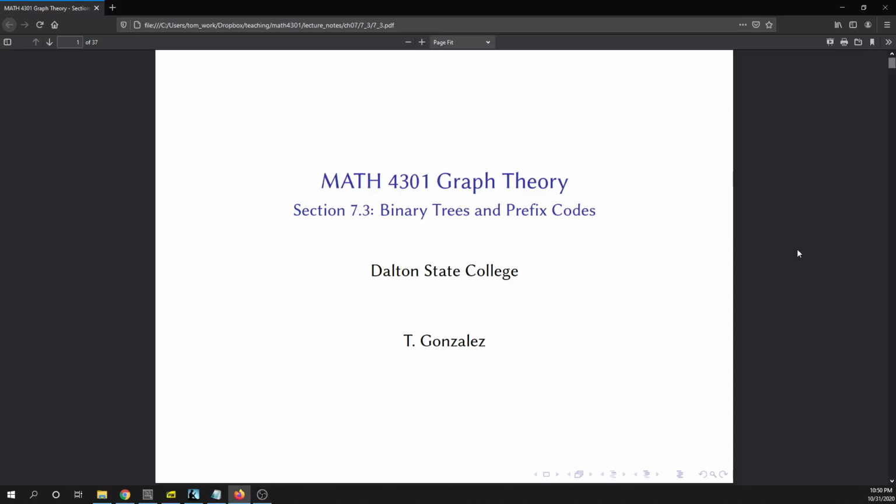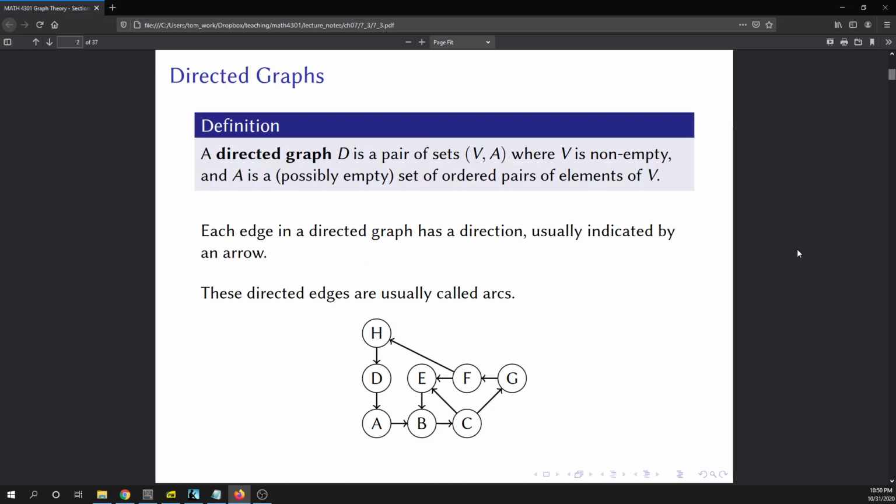All right, in this video, we are going to talk about binary trees and prefix codes. So, before we talk about that, we need to talk about a directed graph. And a directed graph is a pair of sets, V and A, where V is a non empty set and A is a possibly empty set of ordered pairs